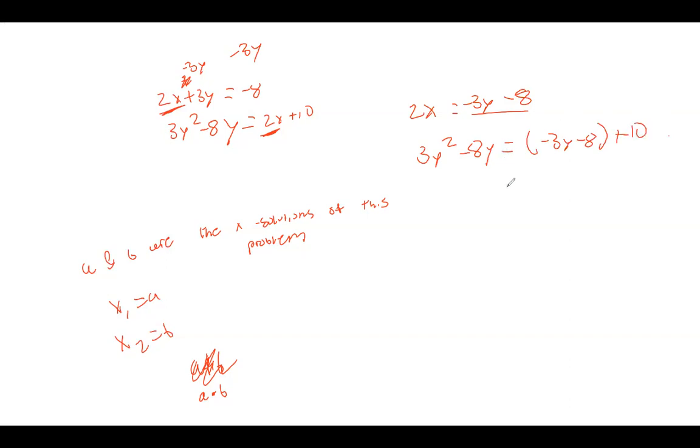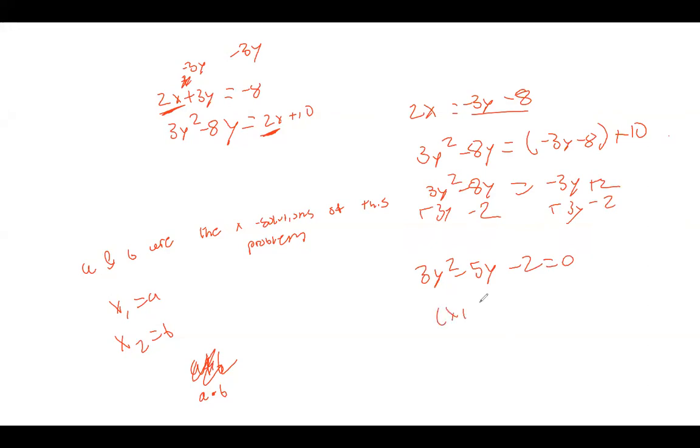And then after that, I guess you just combine like terms. So you get 3y squared minus 8y equals negative 3y plus 2. So subtract 2 plus 3y plus 3y minus 2. So you have 3y squared minus 5y minus 2 equals 0. And now you just factor the equation and you would get, remember again, x plus a